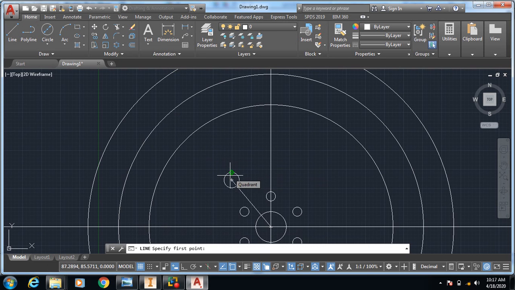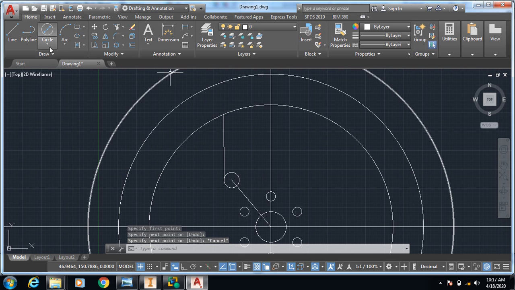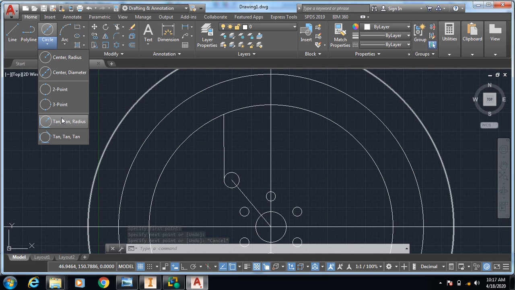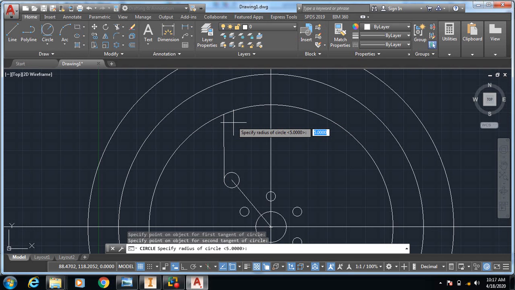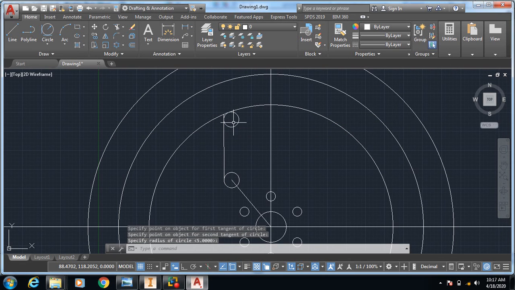Take a line command, join at this point, press ESC, go into the circle command, take a radius, click this point and give the radius of 5, that is okay.